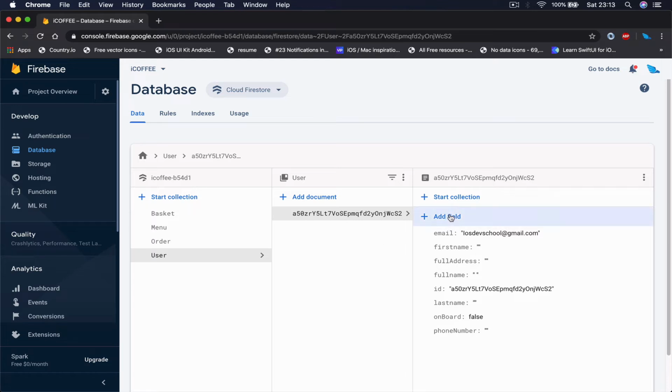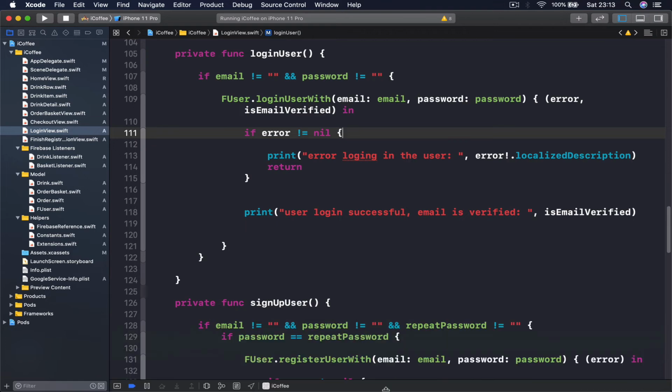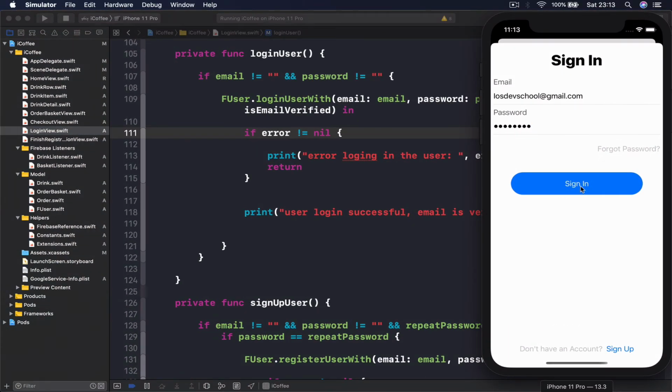A50ZR. And then if we check the value that we have saved, we have the email address iosdevschool@gmail.com. Everything else is empty, as we said. The ID is what we set for our user ID, and onboarding by default is set to false. So our user was created, and now if I try to log in again, if our code is working correctly,